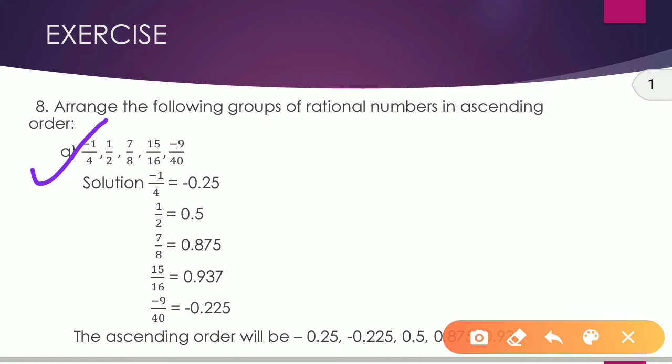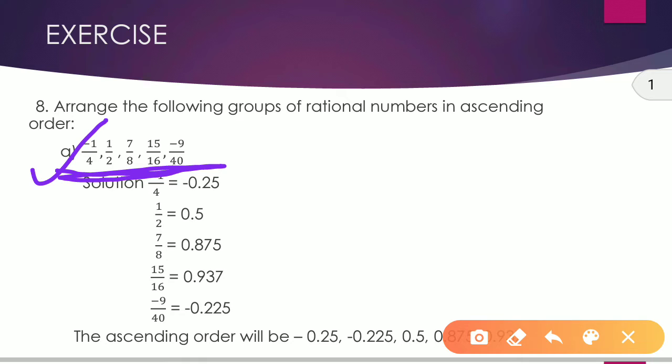First you have to compare the rational numbers, to see which rational number has the smaller value and which has the greater value. For that, I have already told you how to compare two rational numbers. Two cases are there: first is when the denominator is equal and second is when the denominator is not equal. Here you can clearly see that the denominator is not equal. So there will be two cases. Either you make the denominator equal or you go through with the decimal method.